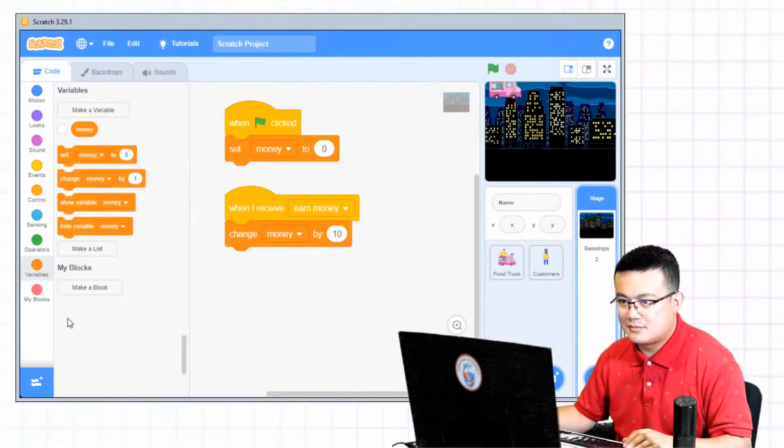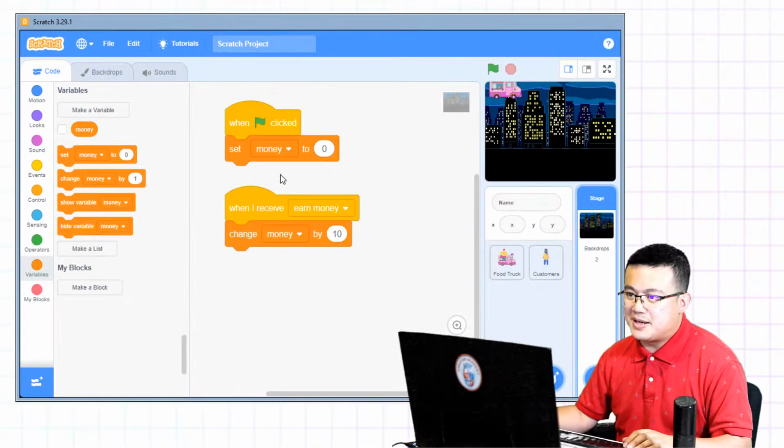I have everything in one place, and not only is this place impartial, it's also really easy to understand because it is the backdrop of our game and also the backdrop of our sprites as well. So let's have a look at that again. Here we go, change money by 10